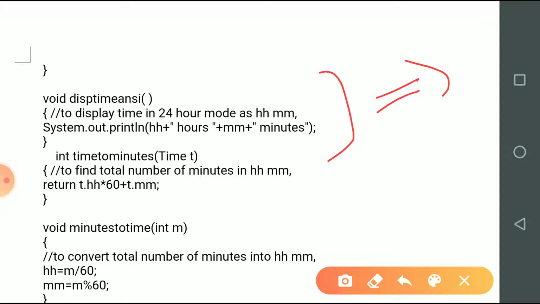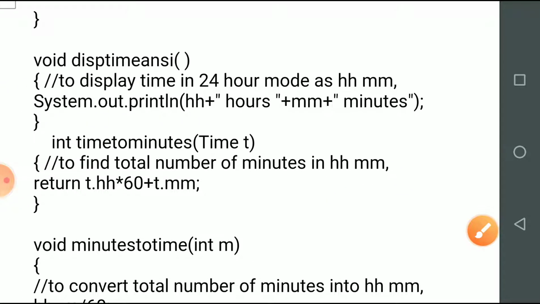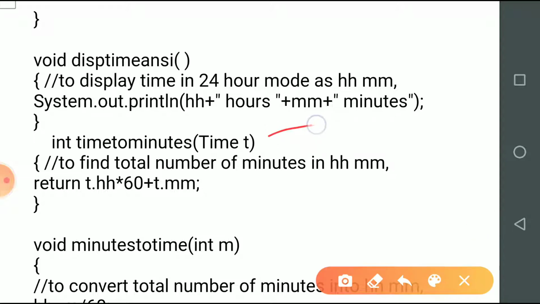The next function is important. Here you see it is saying int timeToMinutes(Time t). What is Time t? It means when the function is called, an object of the class Time is passed to it, which is received as t. So object t is going to have its member data HH and MM. We will refer to those member data with the object name.